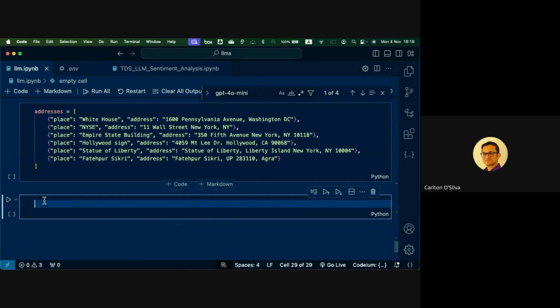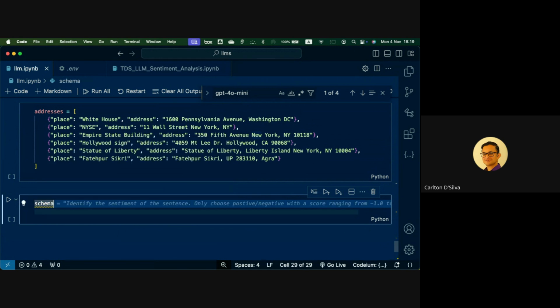The first thing I want you to learn is something called a JSON schema. JSON schemas are very important in order to be able to extract or structure information in a very precise manner.